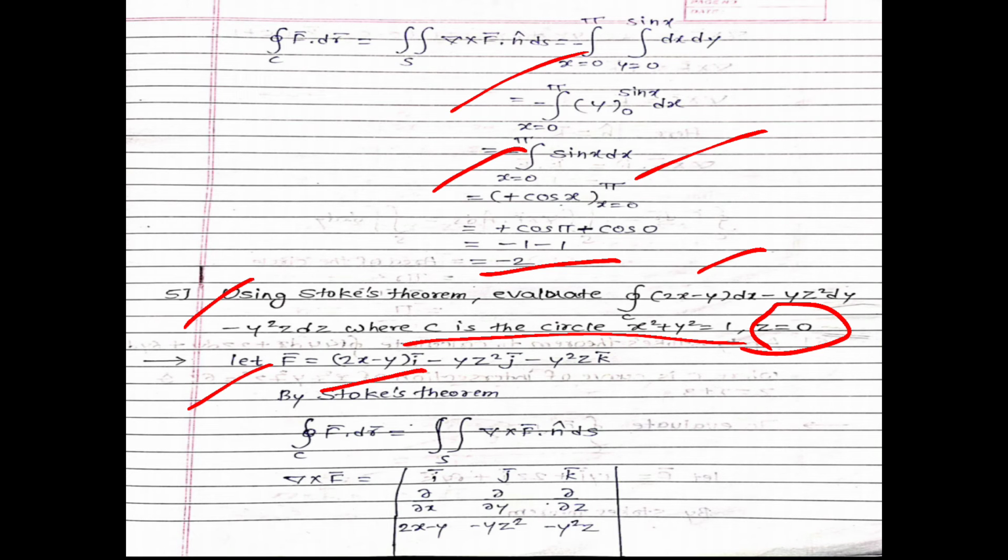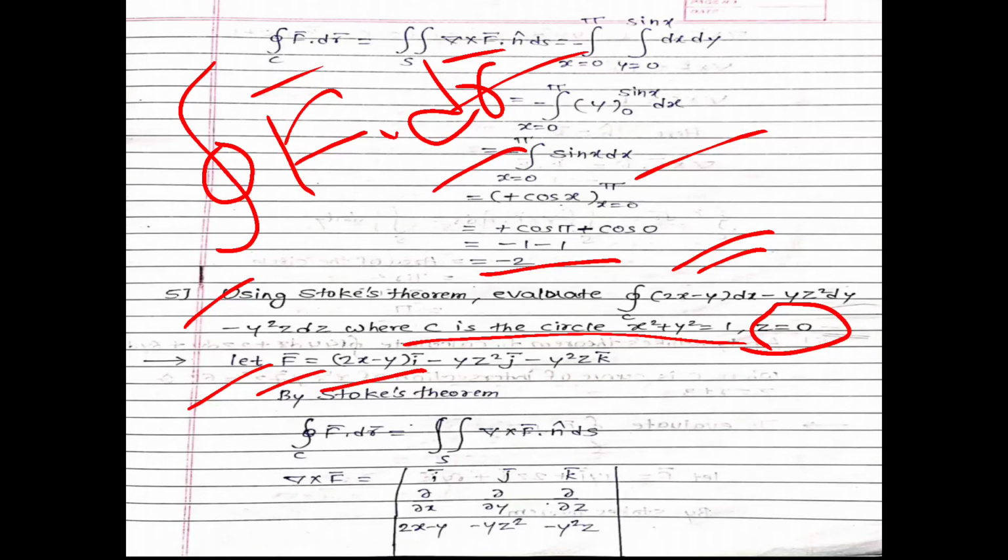So the question is from where we got f bar. We know that the line integral is given in the form of f bar dot dr bar. Here the dot product of both is taken, and after that we write this equation. So from that we took the value of f bar, which is this in vector form. By Stokes theorem, that is the statement of Stokes theorem, we have to find the double integration which is the value of the line integral.